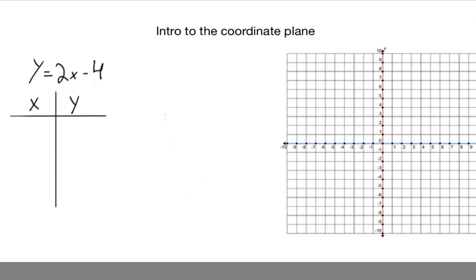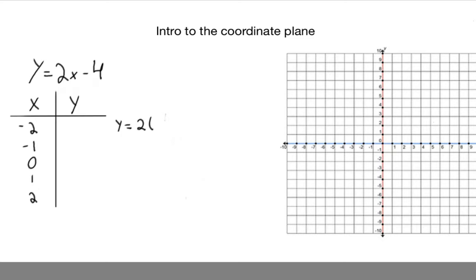First, create a little chart with x and y values, as shown. For x, I'm going to put in values like -2, -1, 0, 1. You can pick any numbers you want, but these are usually more well received because they represent the negative numbers, the positive numbers, as well as 0. So let's start. Since we have y equals 2x minus 4,